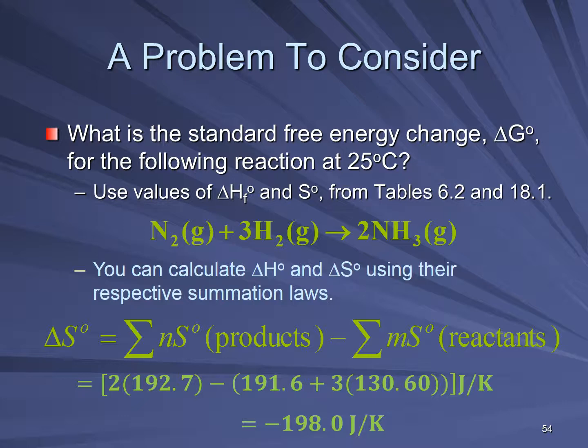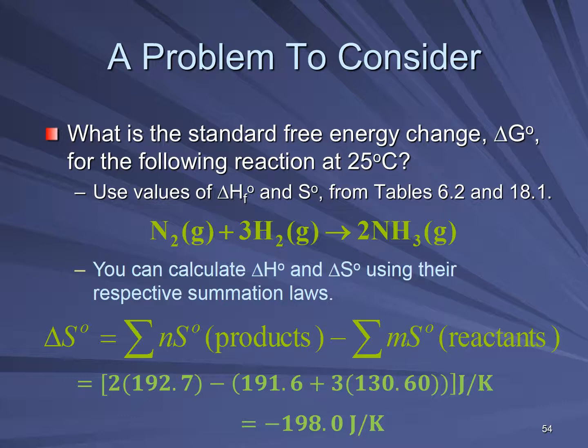Otherwise, you'll have to distribute that negative sign all the way across. So be really careful with your calculations. So N2 is 191.6, H2 is 130.6, and we have to multiply that times 3. So if we add all that together and then 2 times 192.7 minus that quantity will give us negative 198.0